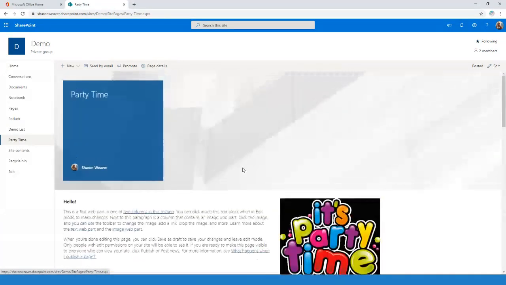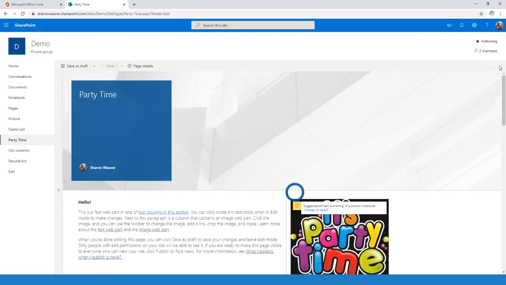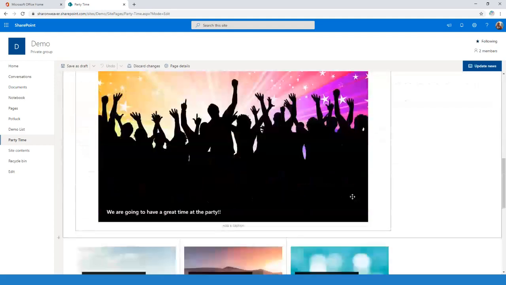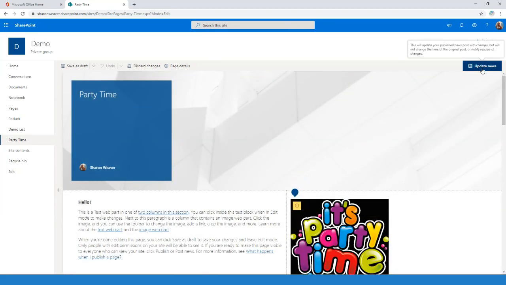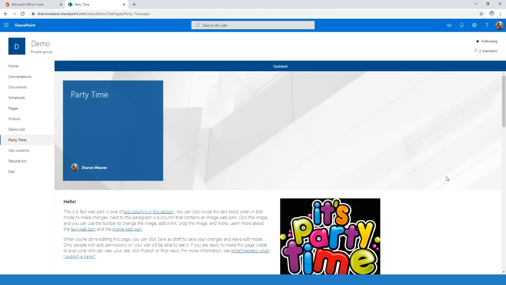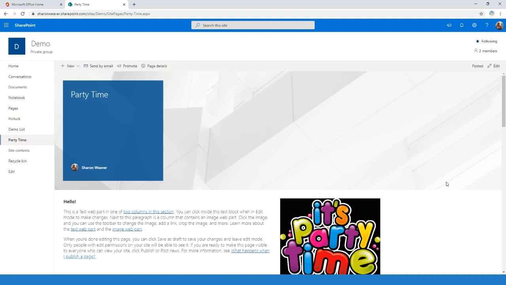From that point on, if I want to edit my page, I just simply click on the page, click Edit, make any changes that I want to change, and then click Update. And it will automatically be streamlined everywhere. If I want to add a web part to the page, I can edit my page